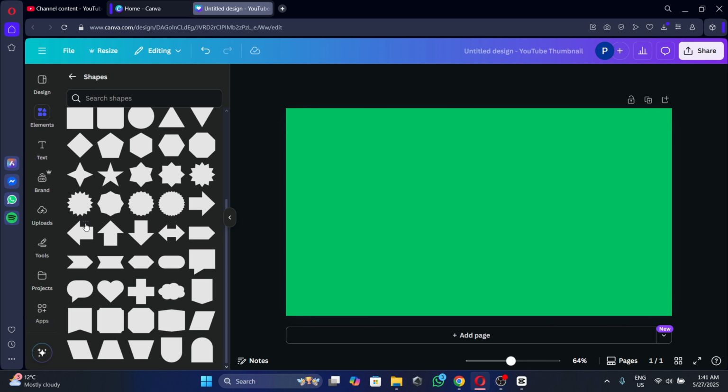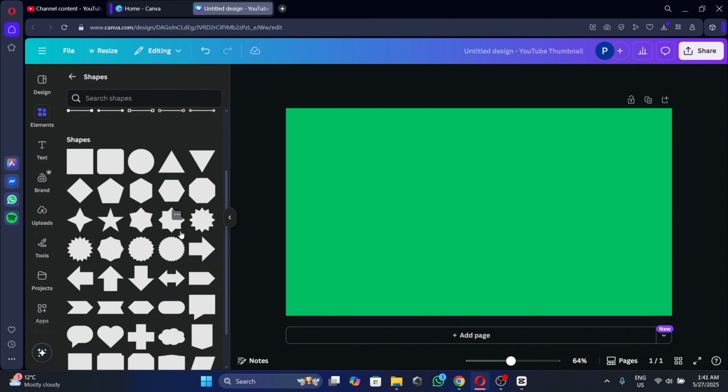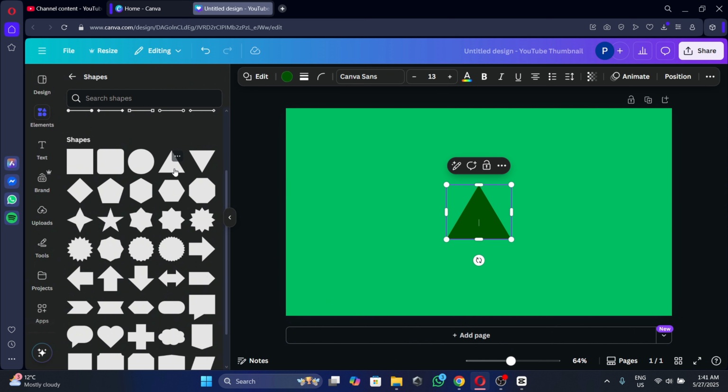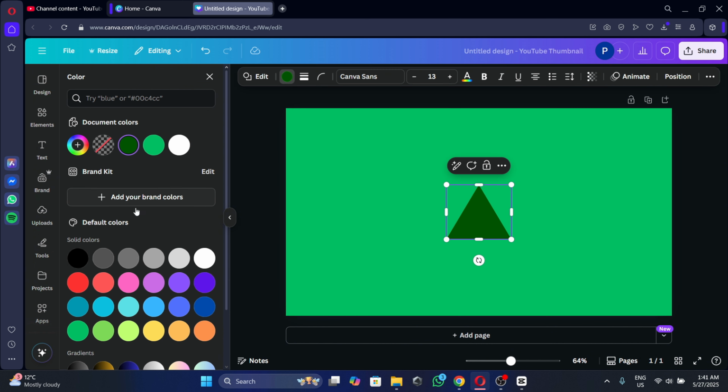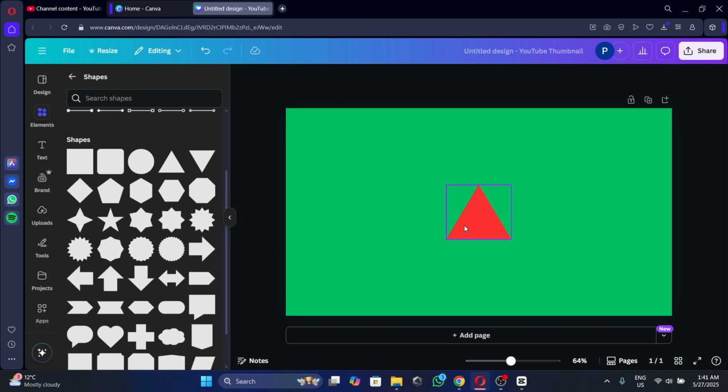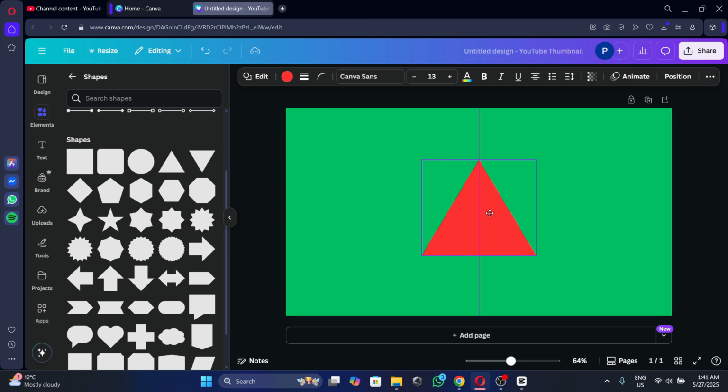Here we can choose from a variety of shapes. For this tutorial I'm going to use the triangle shape. We're going to make it red and a little bit bigger, and to add a border all you have to